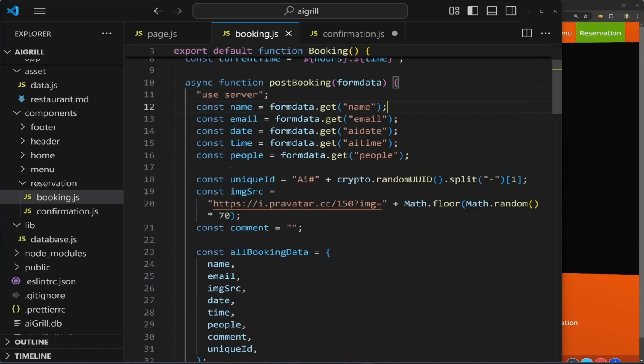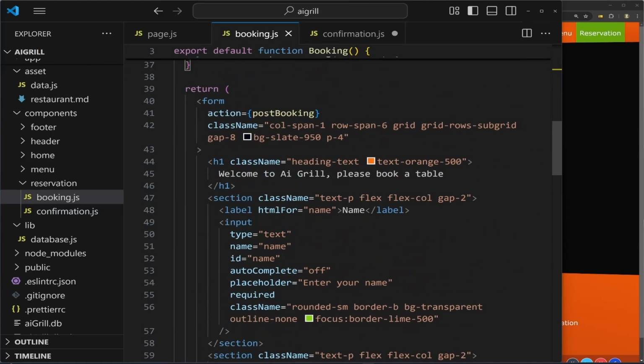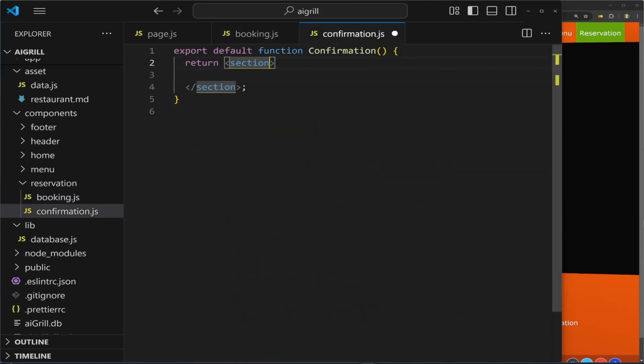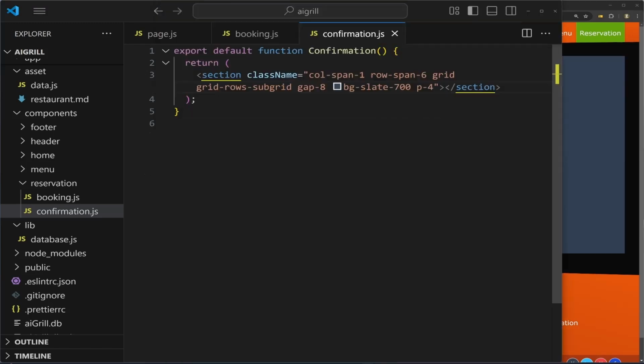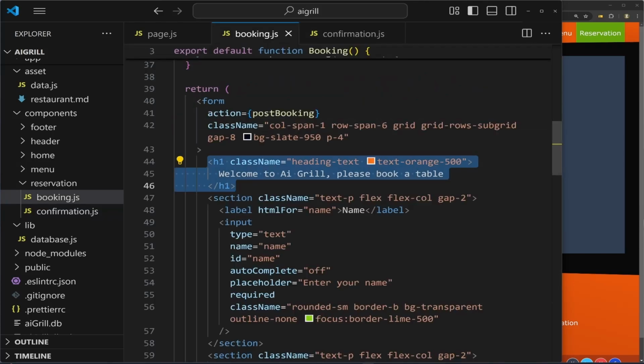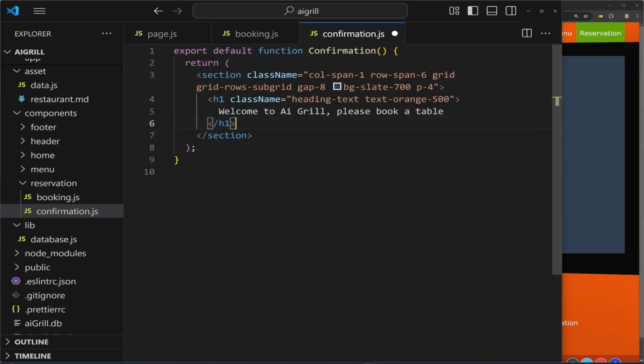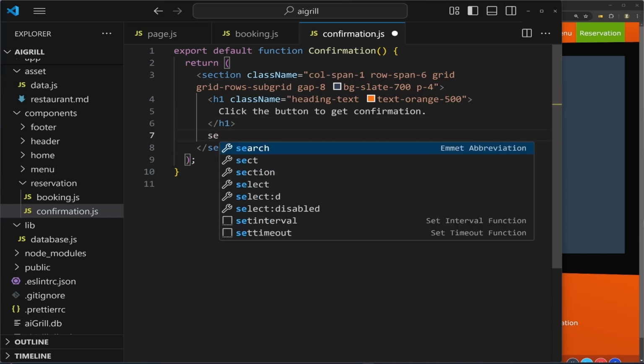Most of the style will look exactly the same. I need this information from here and pass it to the section. I slightly need to change the background color to a different color. Okay, and we have our box on the site. I'm going to copy h1 from booking. It will look the same. Next, we'll change the text, click the button, and we're going to create a new section